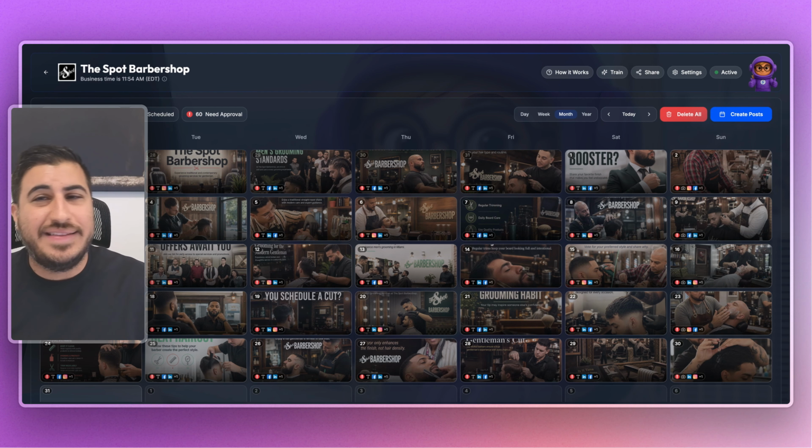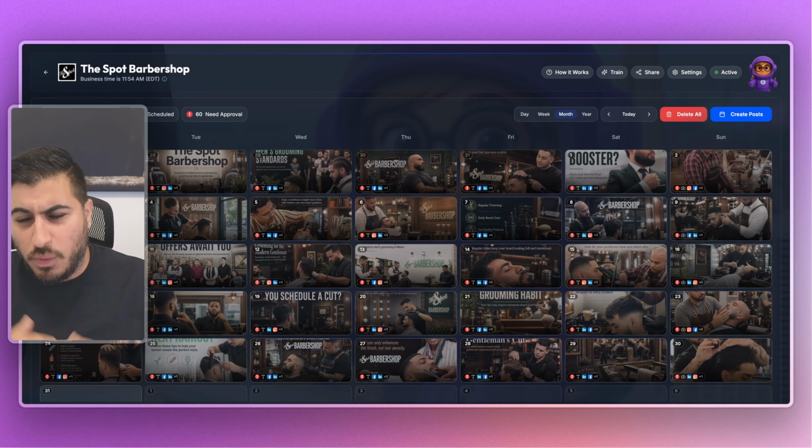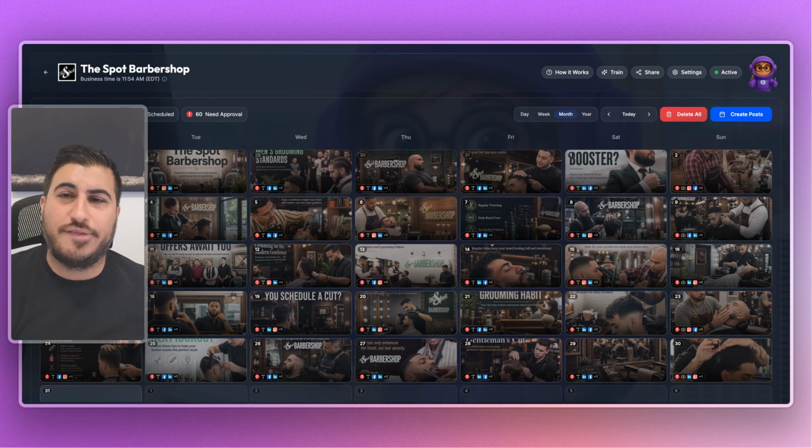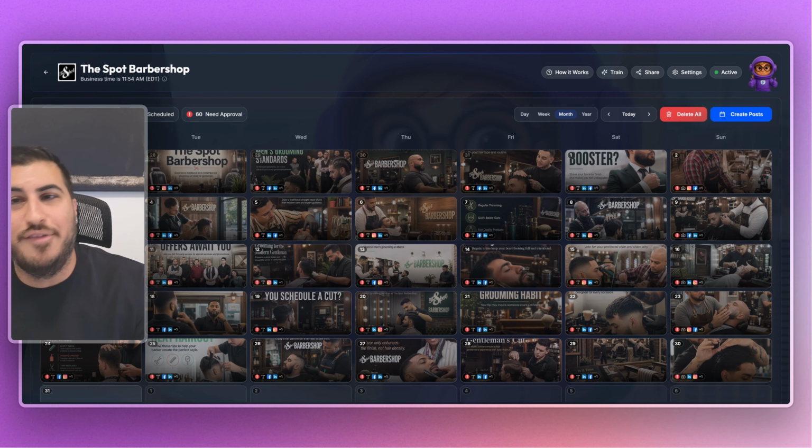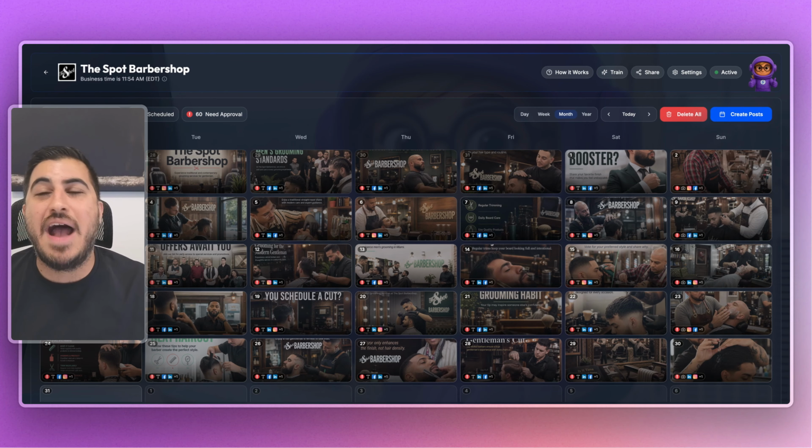We also did something for the e-com companies. What we realized is a lot of e-commerce companies are different from service companies. They're more product-led. They want their products inside of their posts and images. So we now created an image model. Our system is smart enough to detect if you're an e-commerce company, and all of the images that we create are now with your physical products on there. As long as your products are inside of your brand identity, inside of your media assets folder, we will start using your images of your products and incorporating them inside of the images that we create,